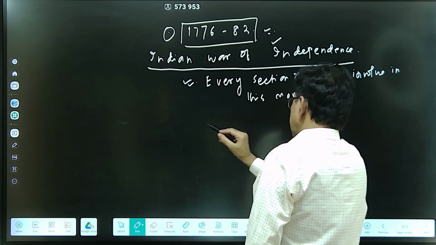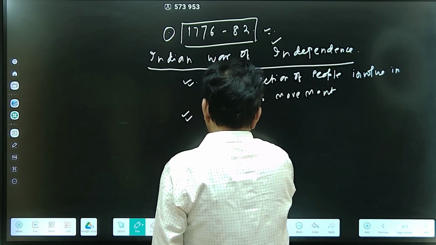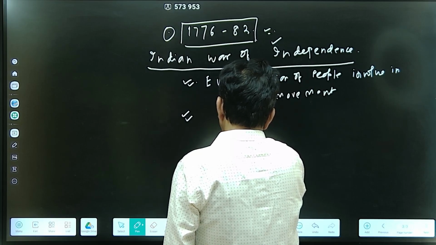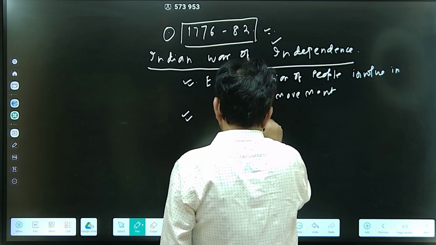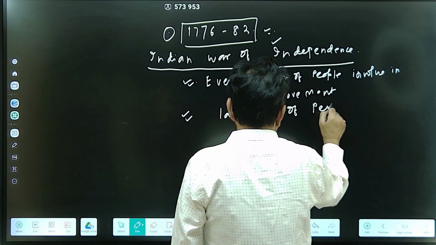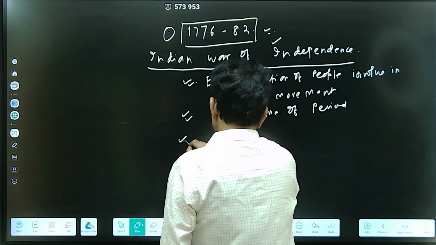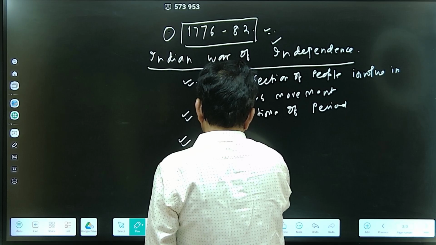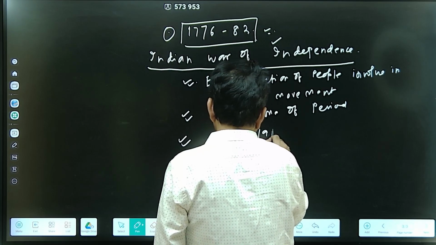That is point number one. And next, the longer time period, from 1885 to 1947,